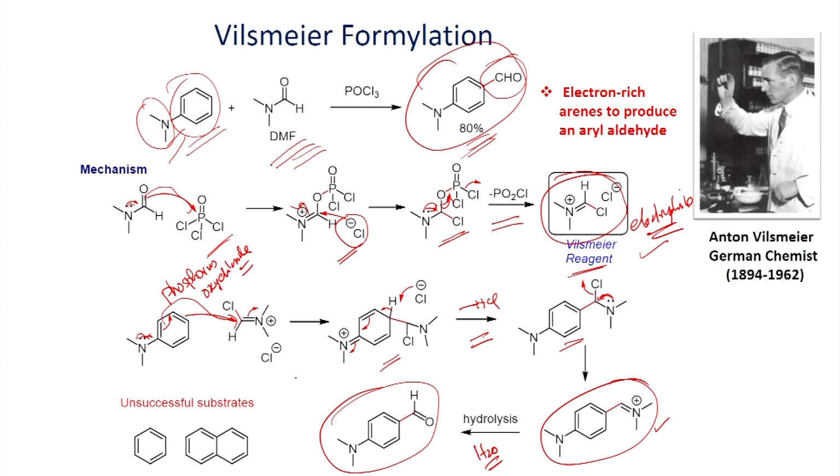However, this reaction is less effective when you have a simple aromatic ring like benzene or naphthalene; they do not undergo reaction. However, if you have an electron donating group, and if the system is electron rich, it can readily undergo formylation with the Vilsmeier reagent, which can be readily generated from phosphorus oxychloride and dimethylformamide to give the corresponding iminium salt, which can readily undergo hydrolysis to give the aldehyde as the product.